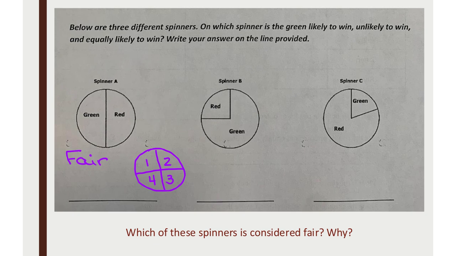Simple as that. We don't like to admit it, but the wheel that we spin with our names technically is fair. All the pieces are the same size and everybody's name is up there once. That makes it fair. We all have the same chance of getting called on. But the chance of you getting called on is actually unlikely because you are just 1 out of 27 names.